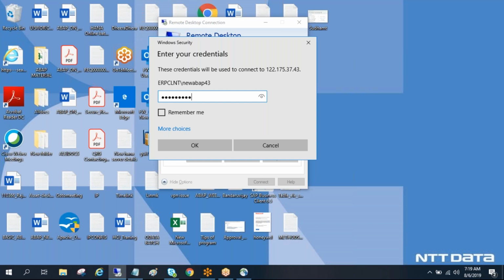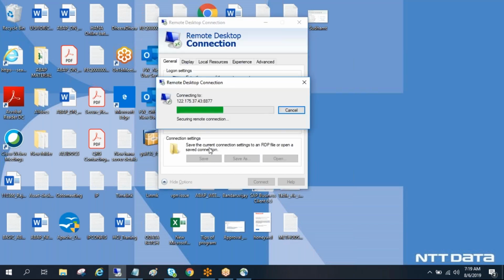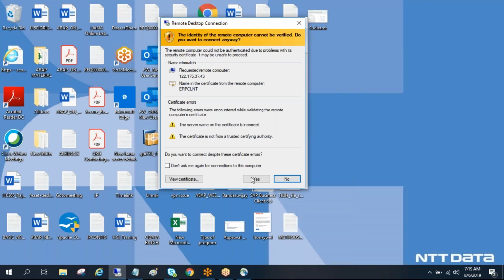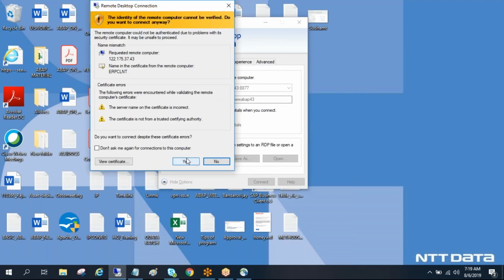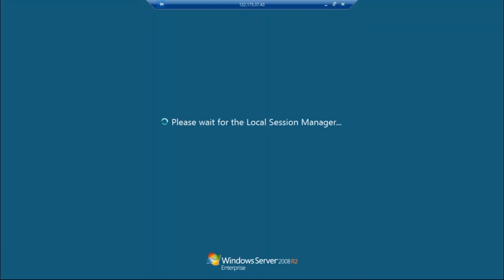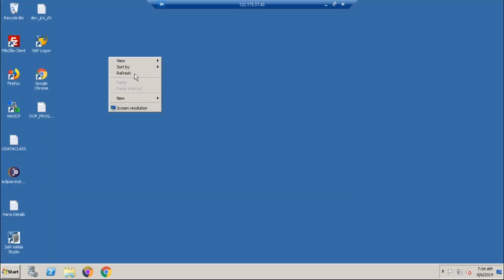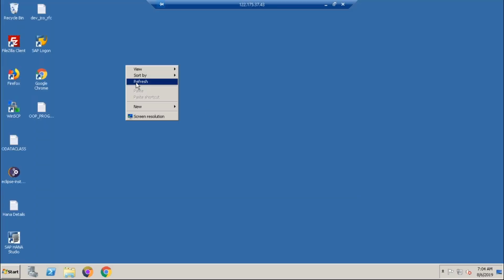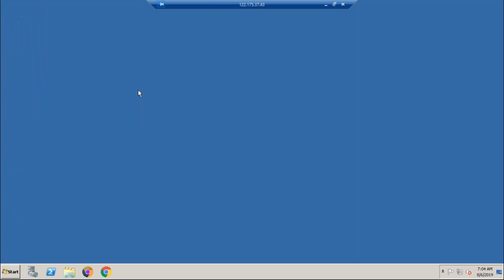Select OK. Select yes. This is the certificate installation, so select the yes button. Automatically you will switch to the remote desktop connection. And here you can work with AMDP, HANA, everything, guys. Even you can work with UI5, Fiori, Eclipse too.